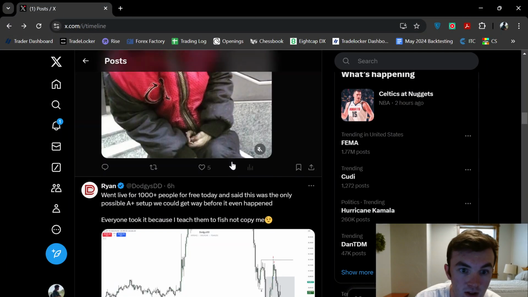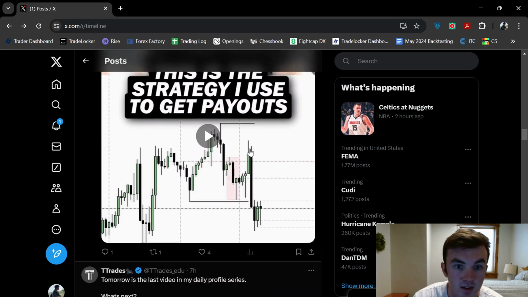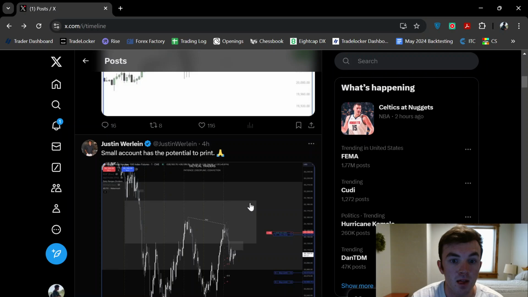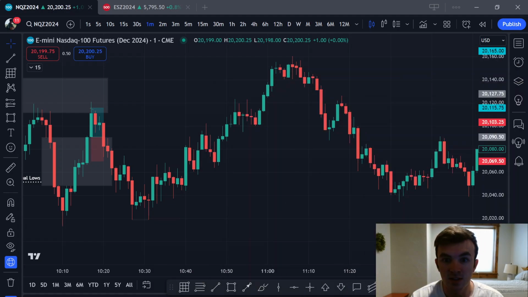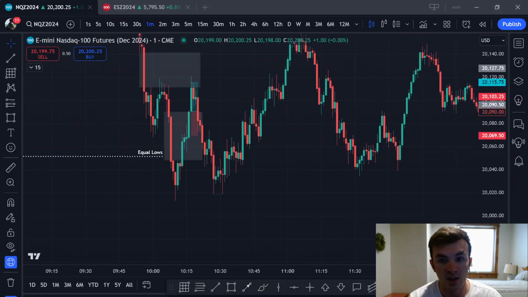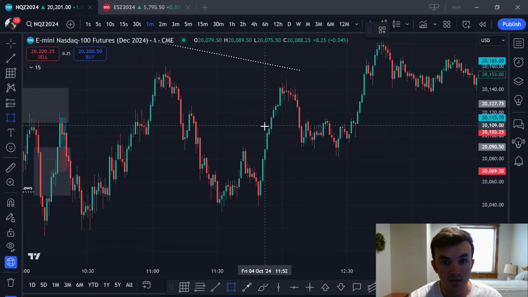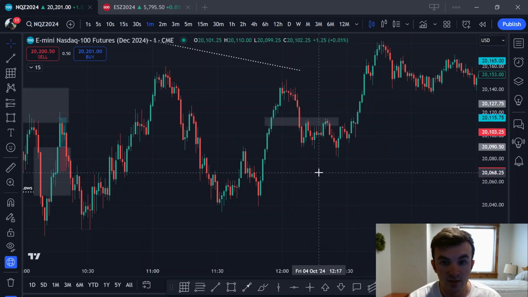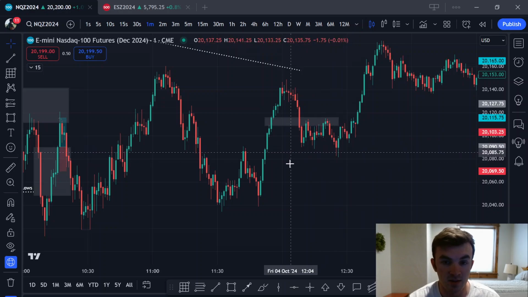Let me find it. So he's showing how there was an SMT here and a higher time frame gap, and then I don't totally understand Justin's entries, but he clearly entered within this fair value gap after we got this SMT. And it was a break-even trade that he probably moved stop loss to break even here or here, and then he got stopped out.